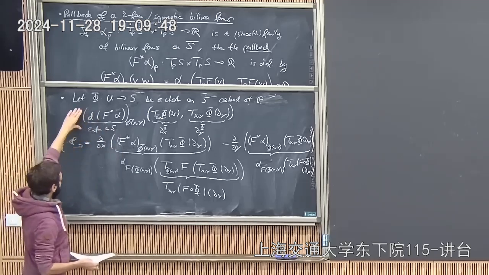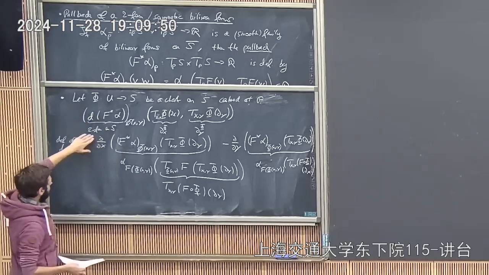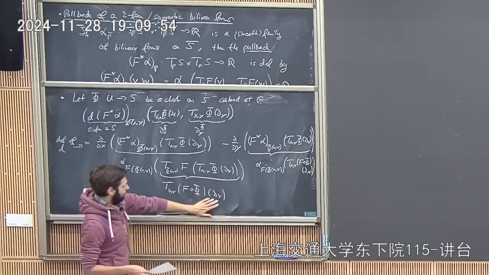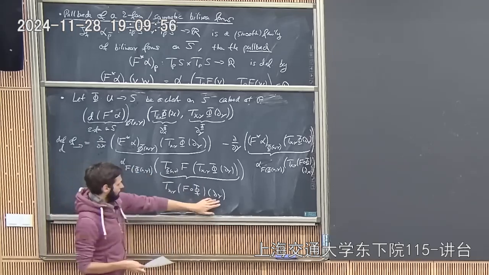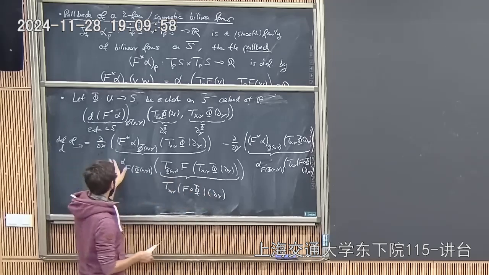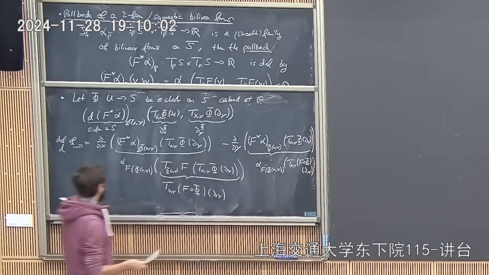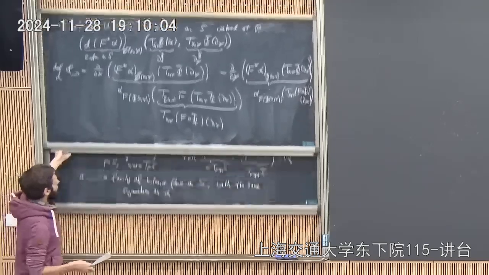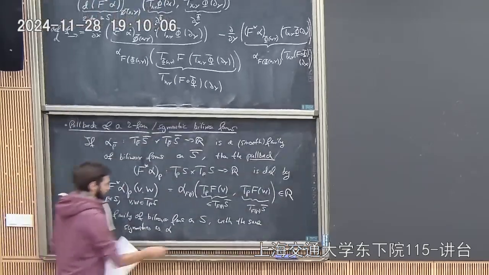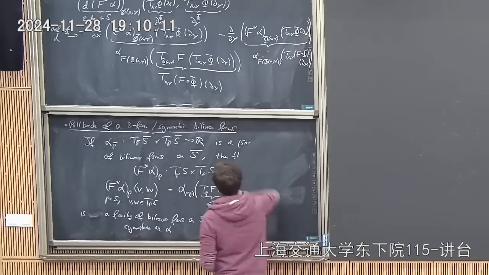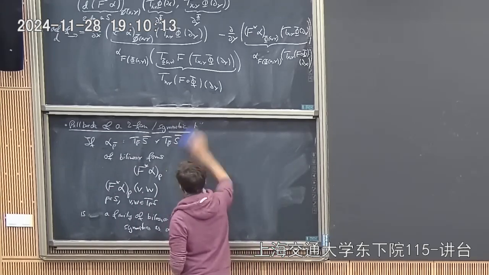Namely, it's the same kind of expression of a dx, and then we plug in the one form in the dy, and then we have minus dy, and we plug it in the x form. So that's just looking at this equation. You see that it's again the exterior derivative